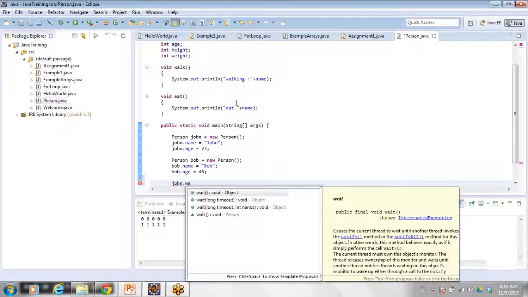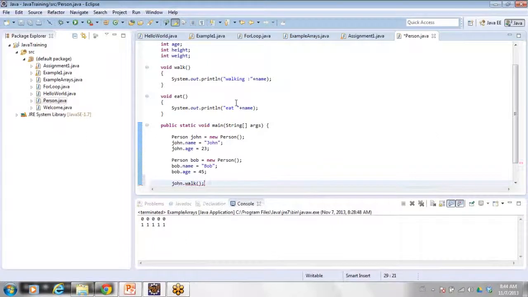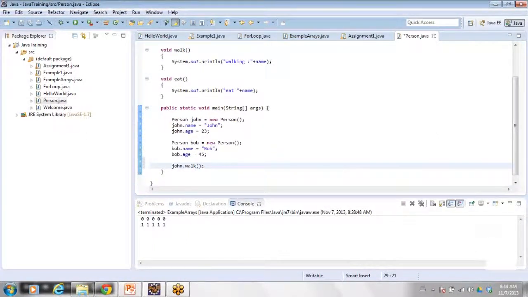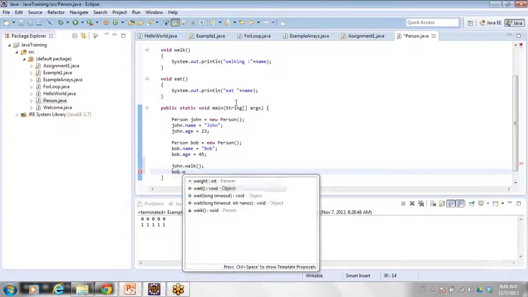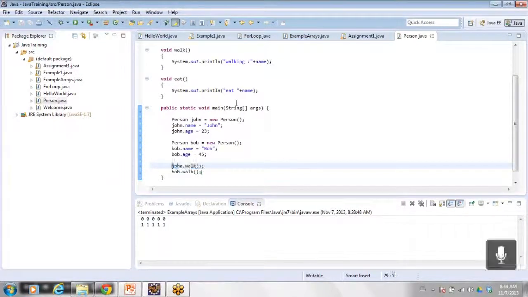So I can say John dot walk, Bob dot walk. So these are the operations invoked on an object. So I will execute this program.